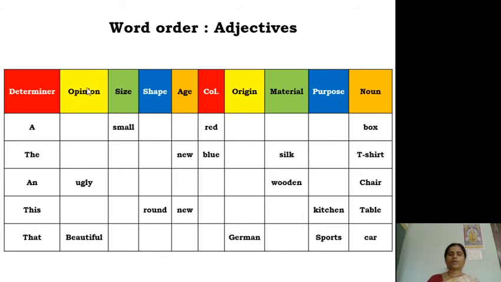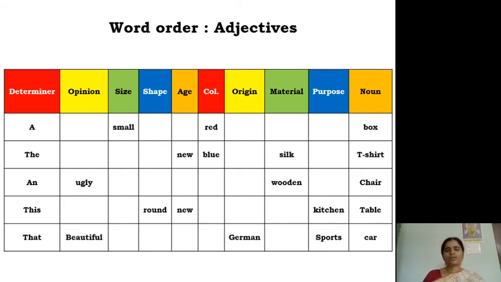After that, the word which refers to opinion, meaning beautiful, ugly, good, nice looking. Next, the word that refers to size, small. Shape, the words which refer to shape have to take the next place. The words which refer to age have to take the next place. The words that refer to color have to take the next place. The words that refer to origin have to take the next place, and then material and purpose. So this is the order that we have to follow if we get more than one adjective which refers to